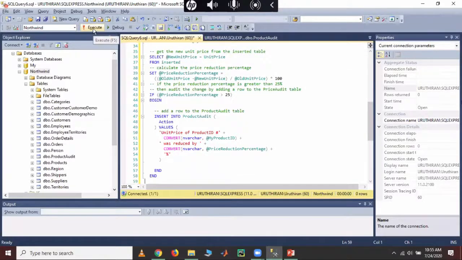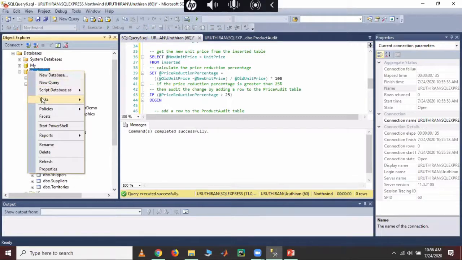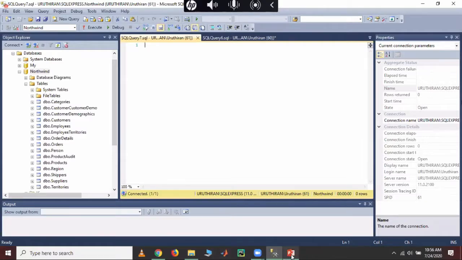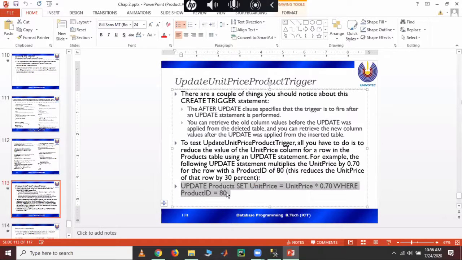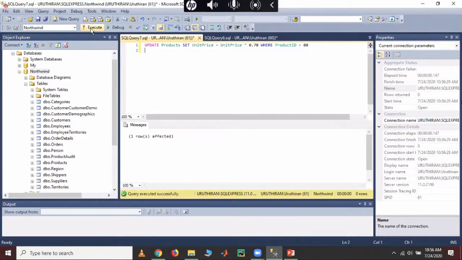Okay, if you run, it is completely successful. Okay, we need the update statement. Okay, this is the update. If you execute, okay, it is affected. Then select